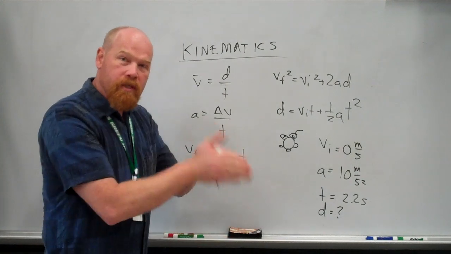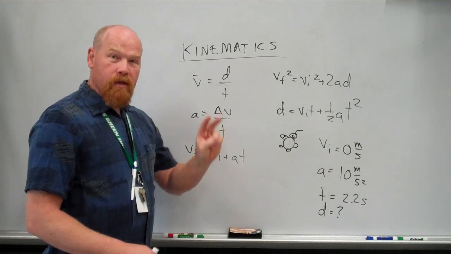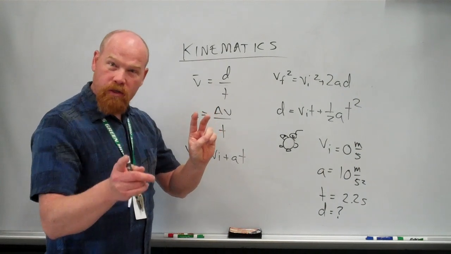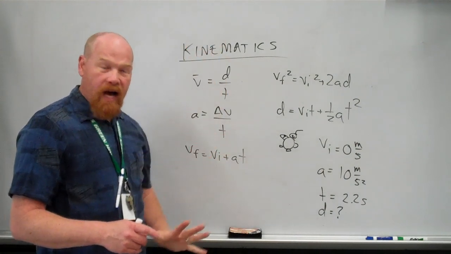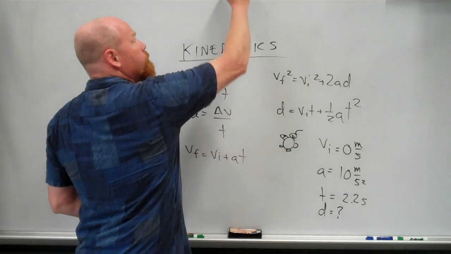That is the displacement dive. So 1 is 5, 2 is 20, and then 3, 4, 5, kind of like you're counting. 3 seconds is 45. So if I take this up here,